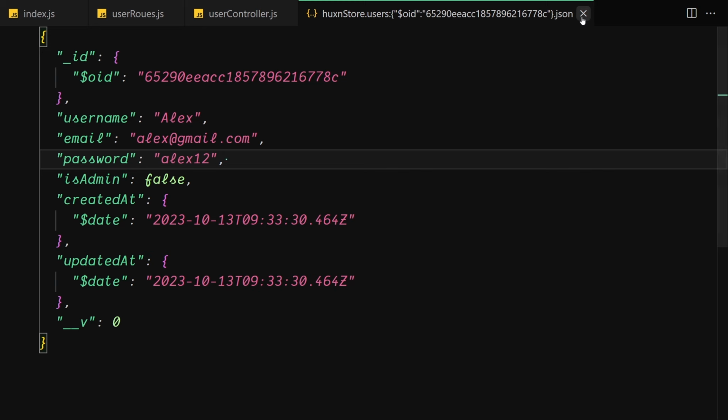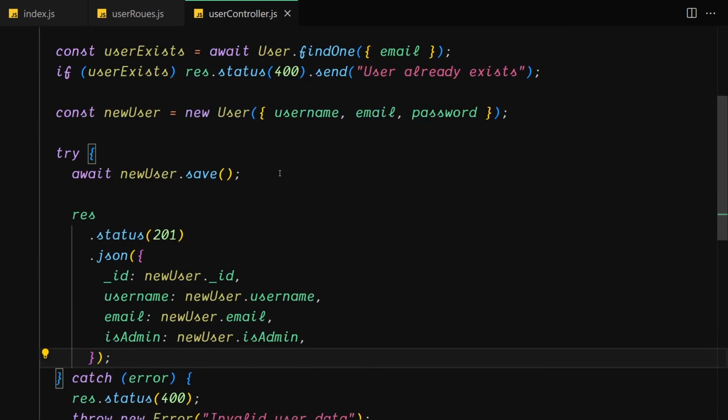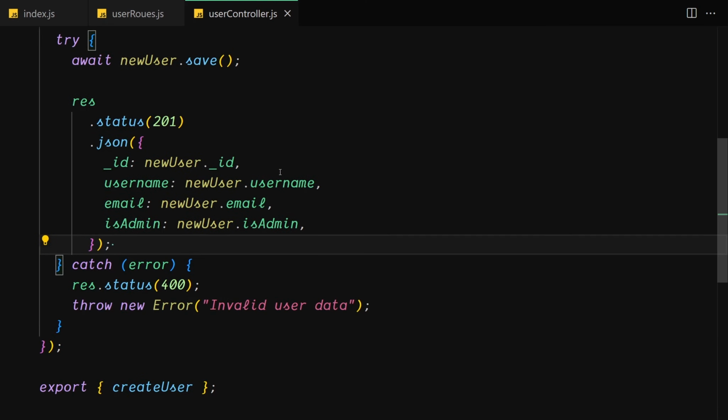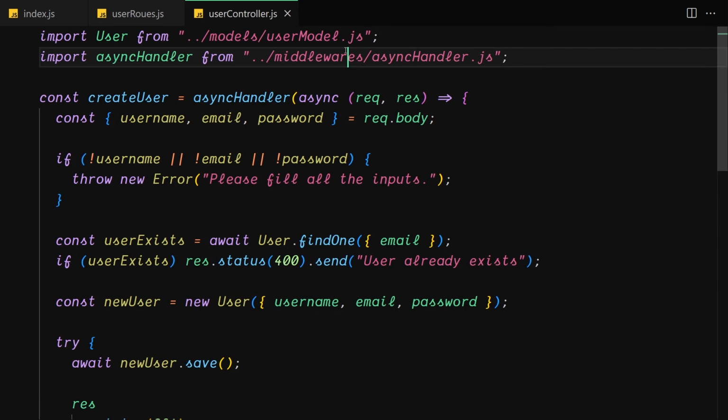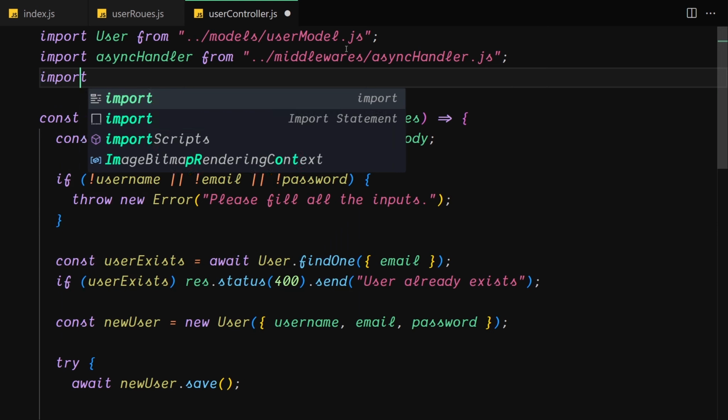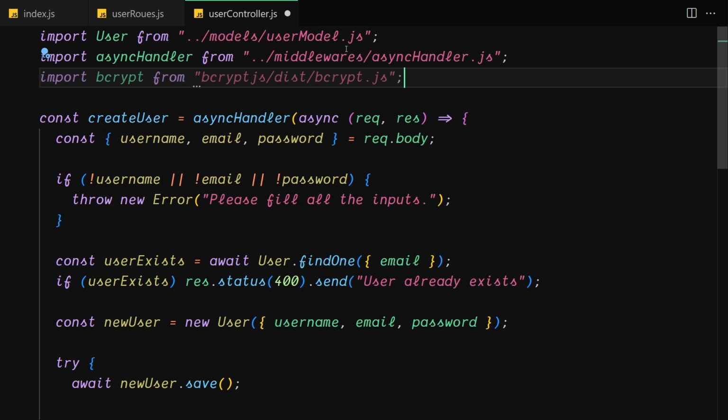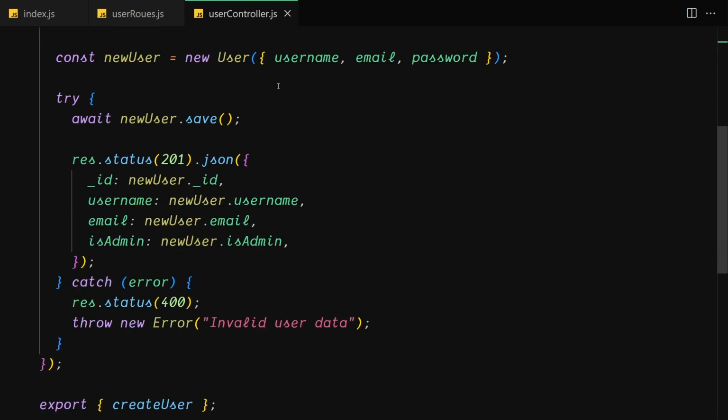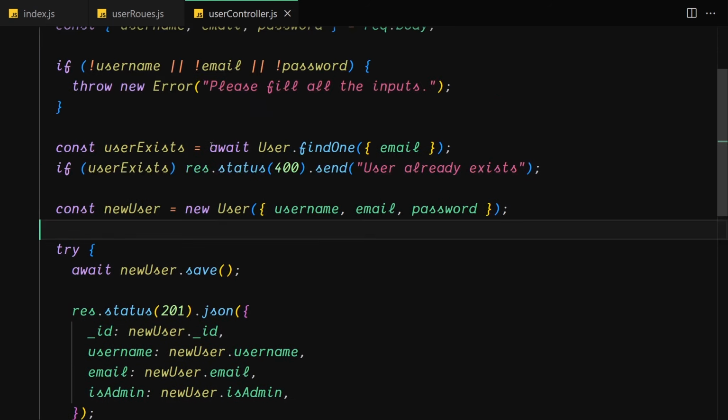Okay, so we are going to close that, and now let's provide our salts to it. Okay, salts by using bcrypt. So first of all I'm going to get my bcrypt right here. I'm going to use import bcrypt from bcryptjs right here. Okay, so not bcrypt, but just bcryptjs. There we go. I'm going to save that,